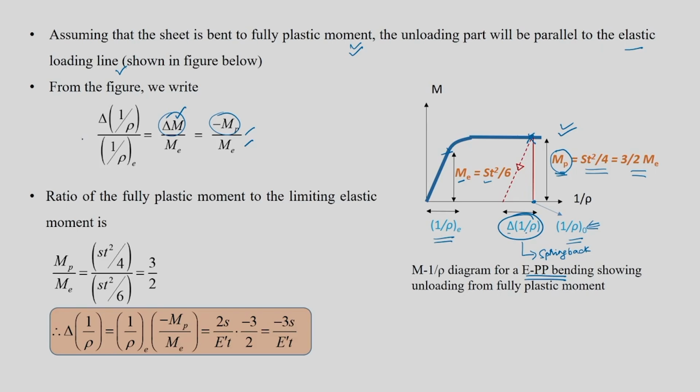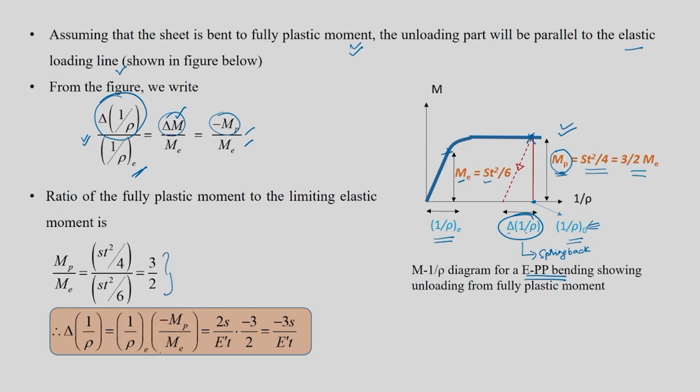Okay. So this equation conveys these many points for us. And this is already known to us. So my Mp by Me is nothing but 3 by 2, also given here St square by 4 divided by St square by 6, which is nothing but 6 by 4, is nothing but my 3 by 2. Now it is very straightforward. So I want this del 1 by rho. So del 1 by rho is nothing but my 1 by rho e into minus Mp by Me,